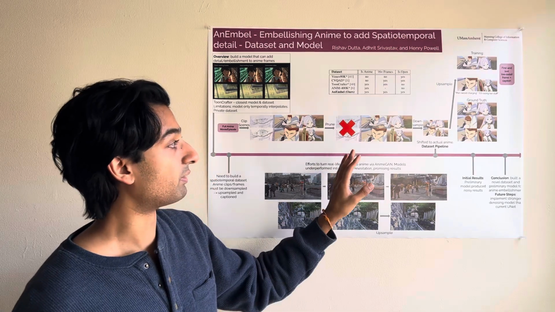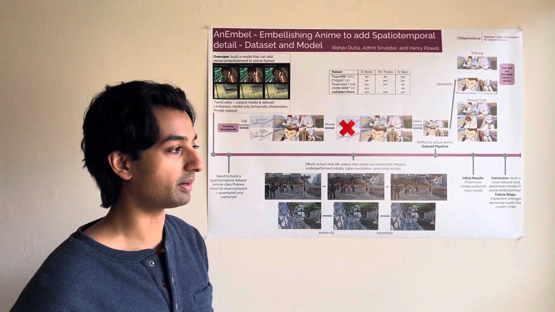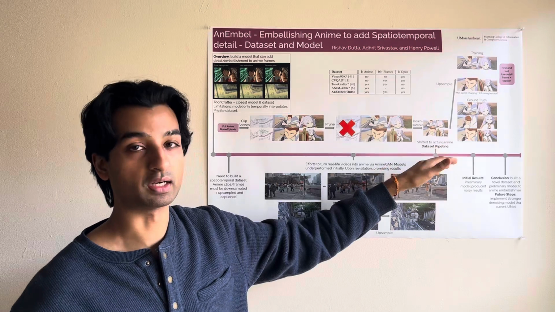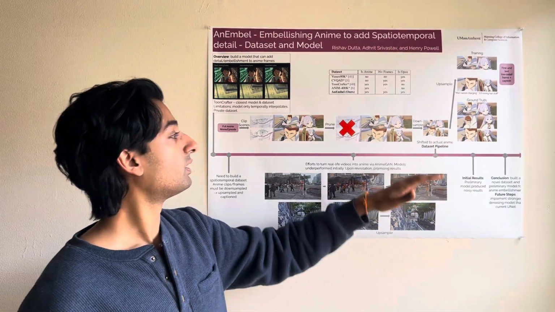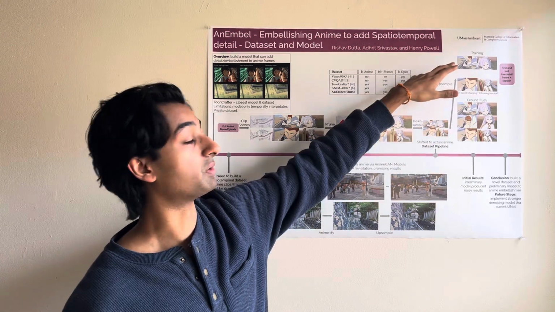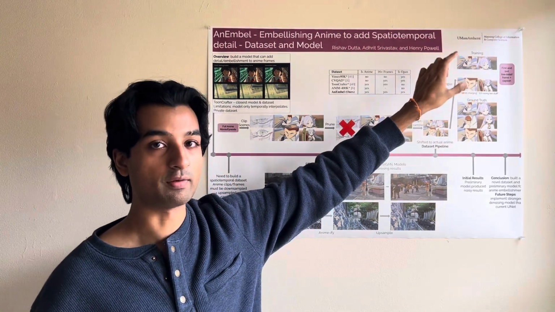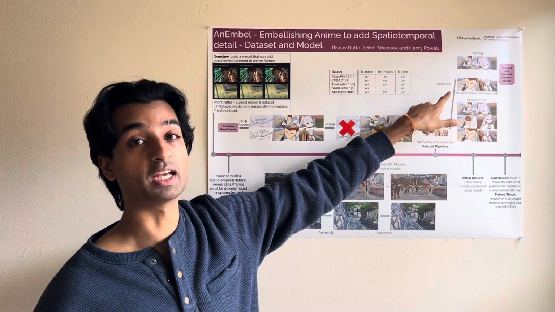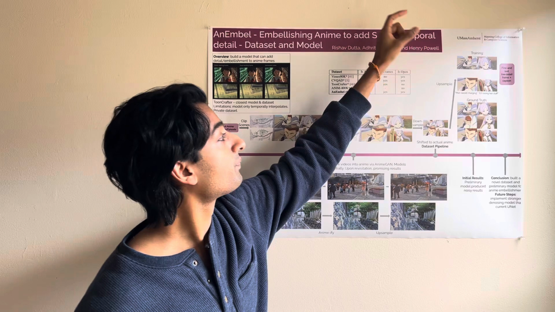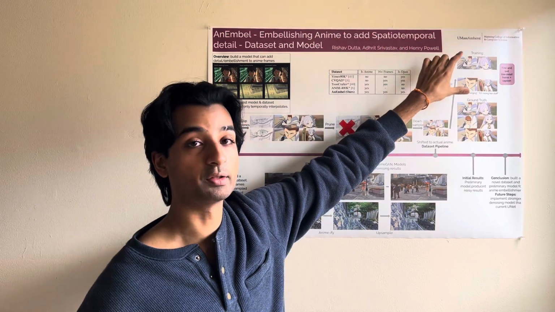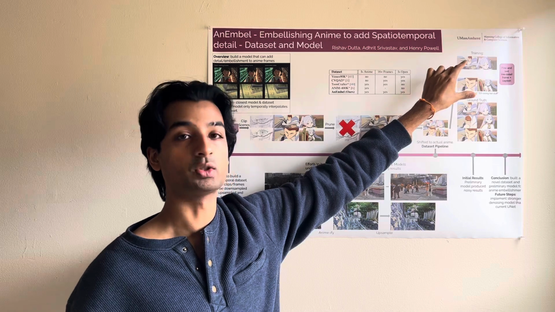So once we've done that, right, we've clipped down, got the perfect data set, perfect clips, we will downsample. The purpose of downsampling is to remove detail. And then we upsample again so that we're back at the original resolution of our video. And this upsampling is done with APISR again, which is the high resolutionifying model. So this gives us back the original resolution, but almost all the detail is